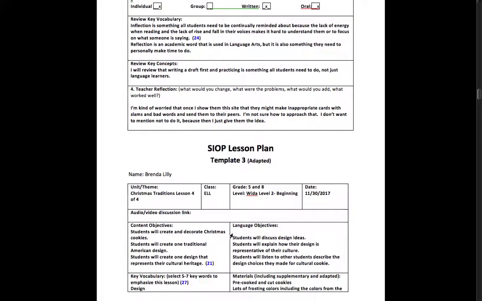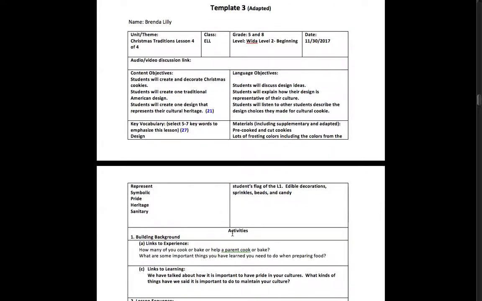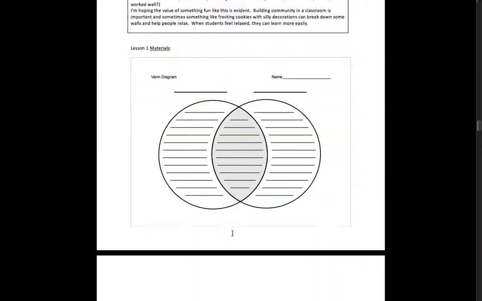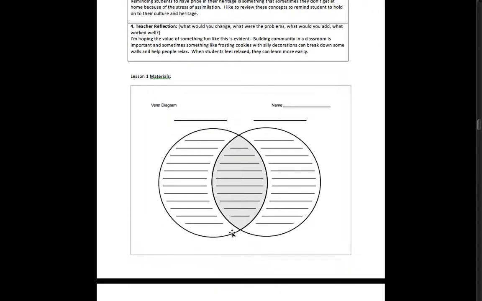And then the last component is a fun activity where students are going to decorate Christmas cookies, which is a tradition, but then we're going to tie it to heritage and culture. And one of the cookies needs to represent or symbolize their heritage. And then they also can do another cookie just for fun, and then if they have time, more cookies. So those are the 4 components. So the first thing I have here is a visual of the Venn diagram, and so in the